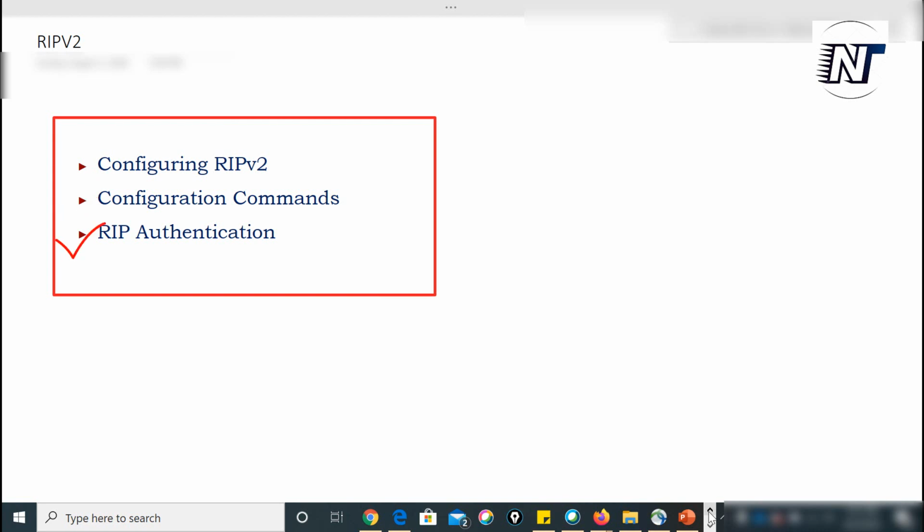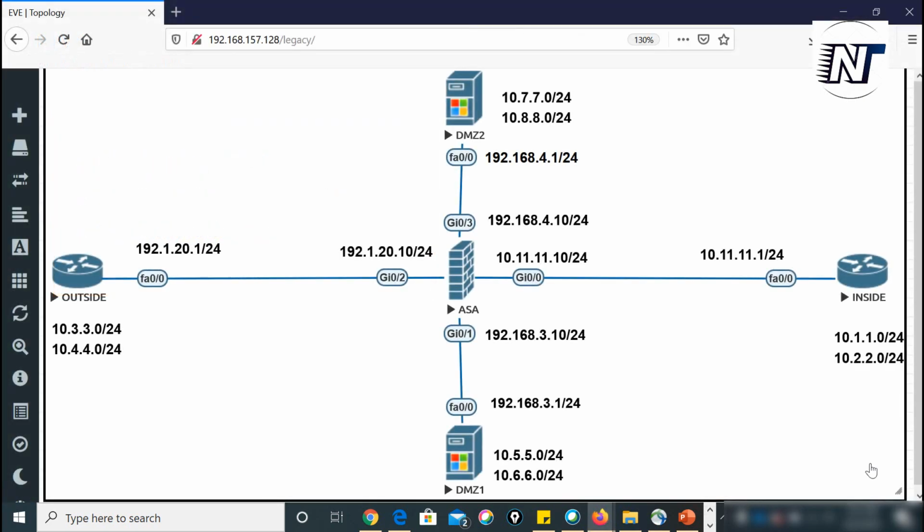We'll take a look at how to configure RIP on routers and ASA firewall. We'll see verification commands too. So without wasting time, let me just bring my topology over here. We have already configured the IPs in our previous videos. If you missed those previous videos, the link will be available in the description box or in the I button. You can check out there, where we have already done the configuration of the ASA firewall from scratch. So let's start our today's session.